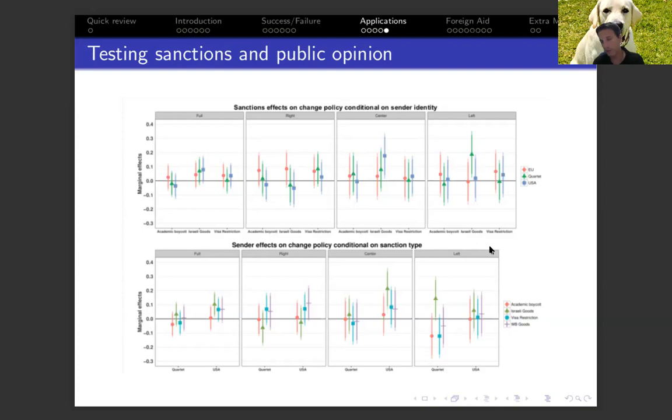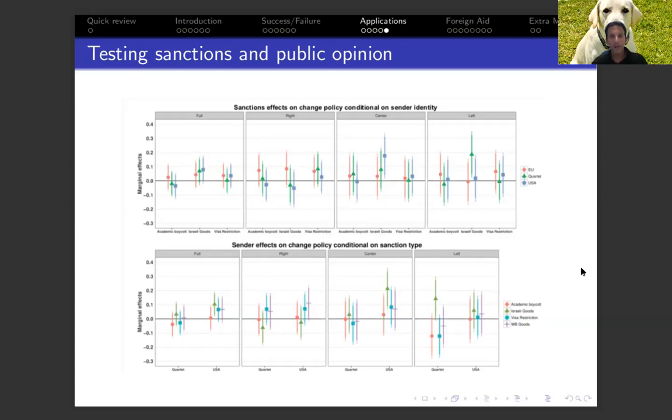One of the important implications that we can draw out of that research is that it casts serious doubt about the utility of a very limited type, symbolic types of sanctions. Unless the sanctions are comprehensive, they're less likely to be effective. Here in the survey, the sanctions were focusing on a very specific part of the Israeli economy. And as you can see, across most of them, the effect was almost non-existent.